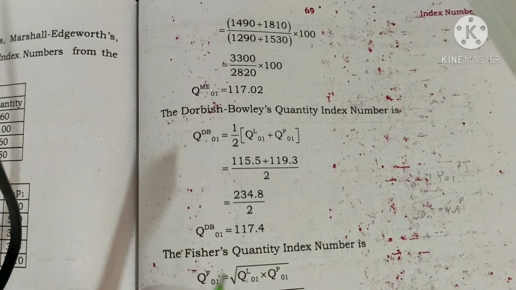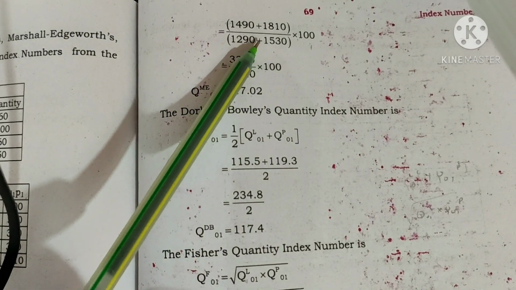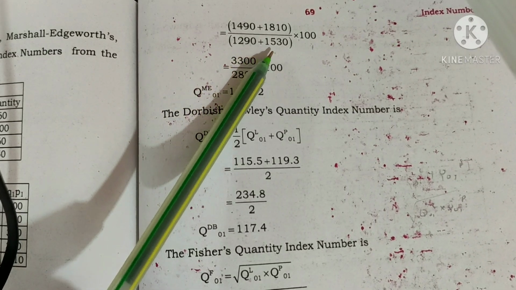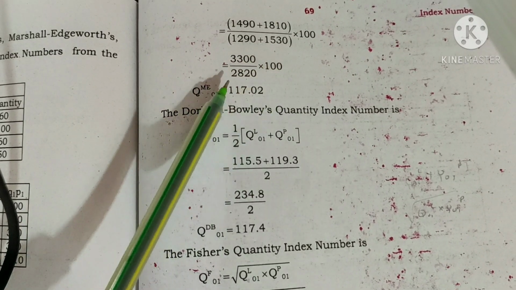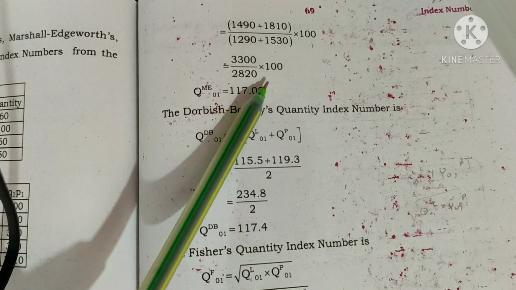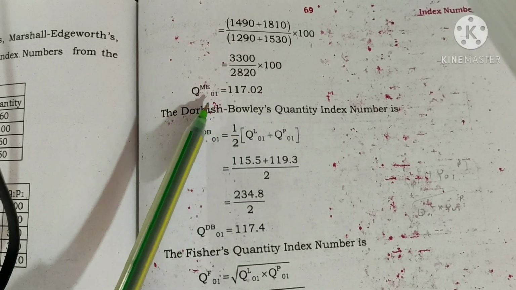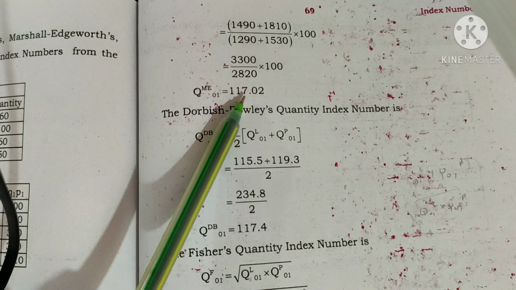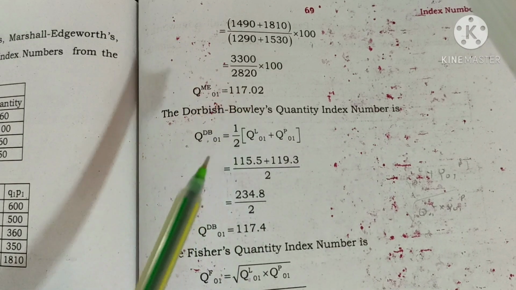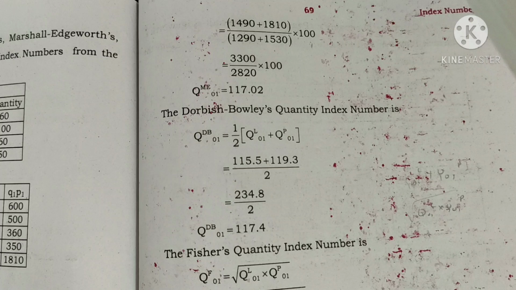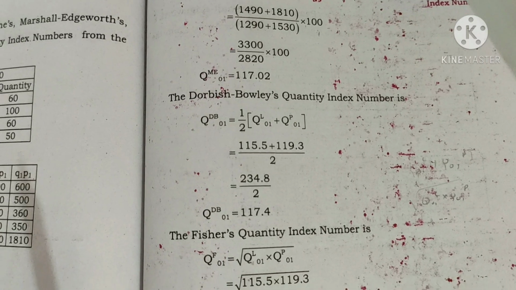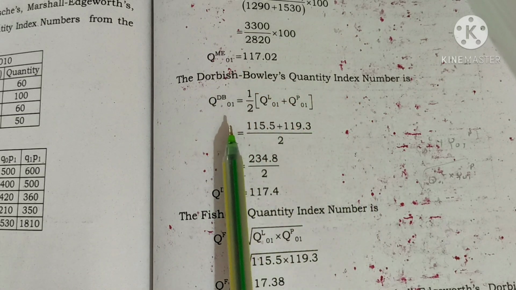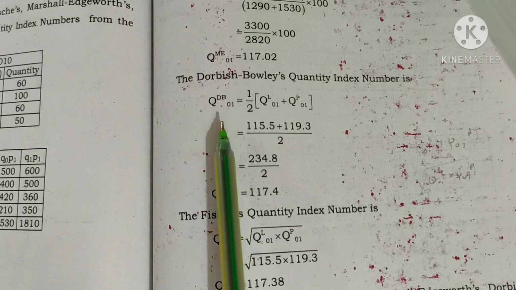Substituting, we will get (1490 + 1810) / (1290 + 1530) × 100, which is equal to 3300 / 2820 × 100, which is equal to Q01, which is equal to 117. So the value of Marshall-Edgeworth quantity index number is 117.02. Next, moving on to the next formula, that is Drobisch-Bowley's quantity index number, that is given as Q01, which